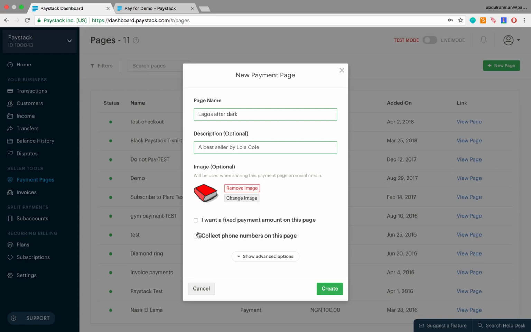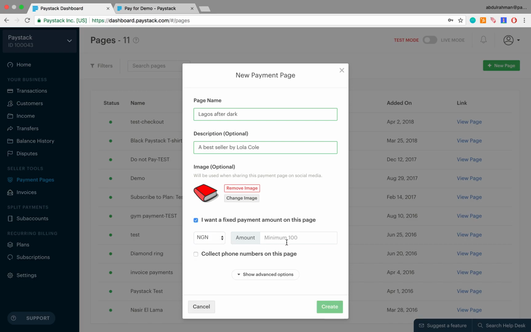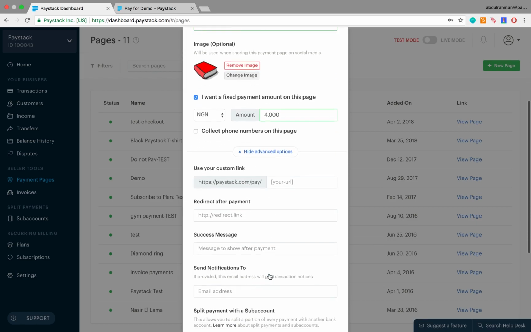Next, there are two checkboxes. The very first one here asks if there is a fixed amount for the item which you're trying to sell. The answer is yes. We set 4,000 naira. So we'll go ahead and click on it and key in that very amount, 4,000 naira. The next checkbox wants to know if we intend to collect the phone numbers of the customers on this page. We do not want to do that, so you leave this blank and click on show advanced options, which reveals